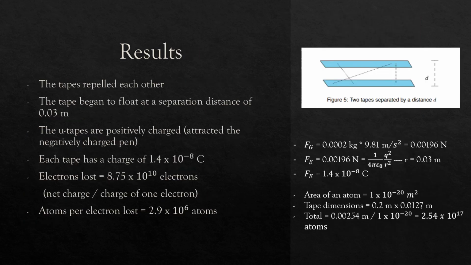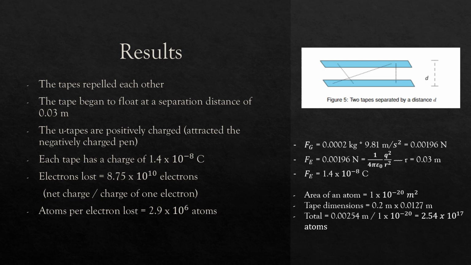Our results. So the tapes repelled each other. The tape began to float at a separation distance of 0.03 meters. And then the U tapes were positively charged. We found this because they were attracted to the negatively charged pen. Each tape has a charge of 1.4 times 10 to the negative 8 coulombs. We found that because we plugged in the gravitational force equation before the tape was used, and then we equated that to the electrical force, which was